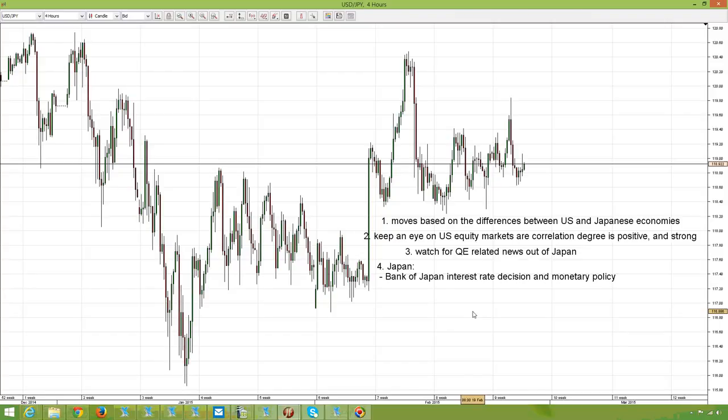So if you are looking for statements about ending the quantitative easing, increasing the QE, or altering the previous monetary policy, then that moment will be a good time to look. And besides this,